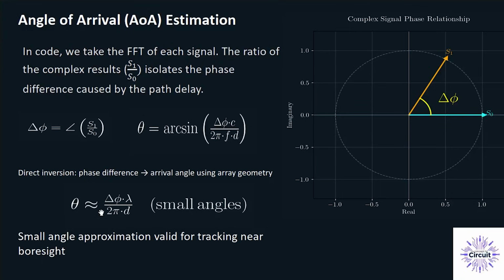With feedback loops we can track the TX or the received wave on the RX side, meaning that in the receiver we can find the angle of arrival and then, based on the angle of arrival, tune the RX side so that we are tracking the beam as it's being received, right? We are going to see that in the next videos, but I just wanted to mention this linear approximation